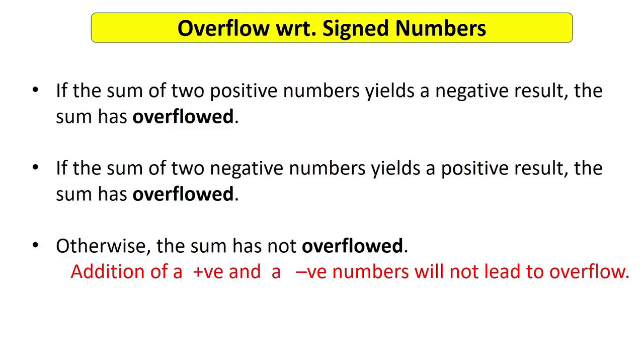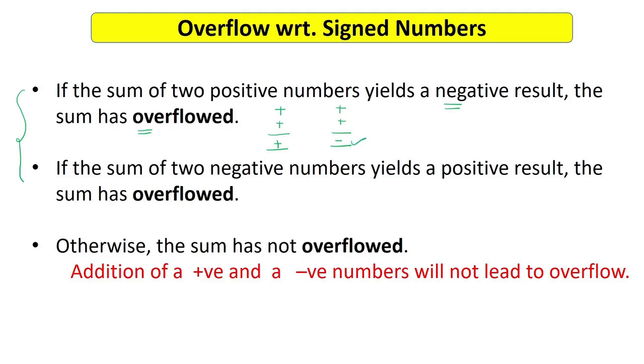Whenever we are doing arithmetic on signed numbers, whether they are sign magnitude numbers, ones complement represented numbers or twos complement represented numbers, there are two cases in which we will get the overflow. What are those two cases? Let's say you are adding two positive numbers. What answer will you get? You will get some positive number only, right? But let's say you are adding two positive numbers and you get a negative number. While adding two positive signed numbers, if that happens, then you will say that you have got a situation of overflow. Your result has overflowed.